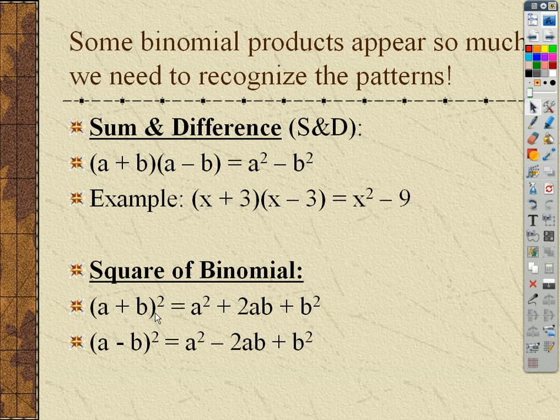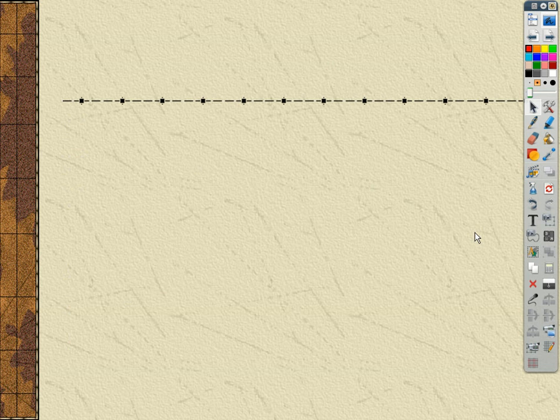If we're looking at products of binomials, well, big deal. I could just FOIL that out, right? And I'm going to get this answer relatively quickly if I FOIL out a plus b. It's a little bit easier, but not that much, to just know this pattern. However, when we start to look at